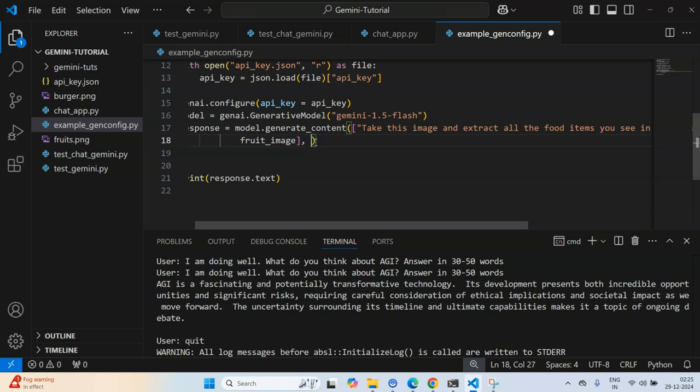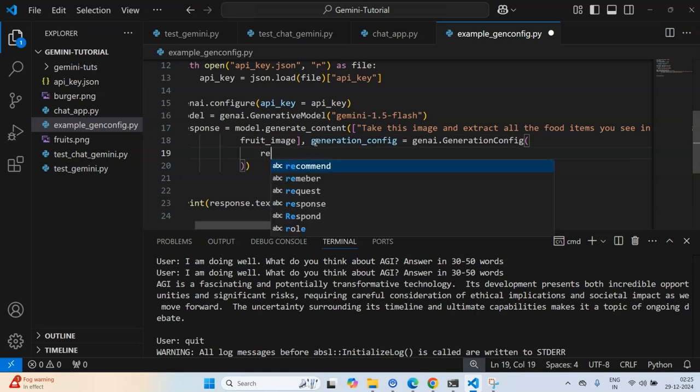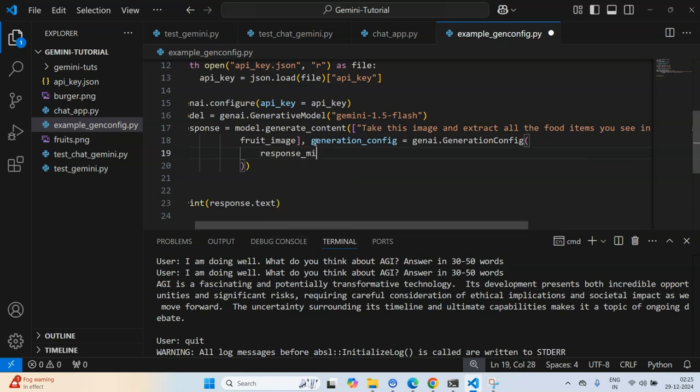After passing this prompt, I'll write generation config equal to genai dot GenerationConfig, and within it we have to pass a couple of parameters. The first one is response MIME type. If you are a web developer or have worked with JavaScript a lot, you might be familiar with MIME type.